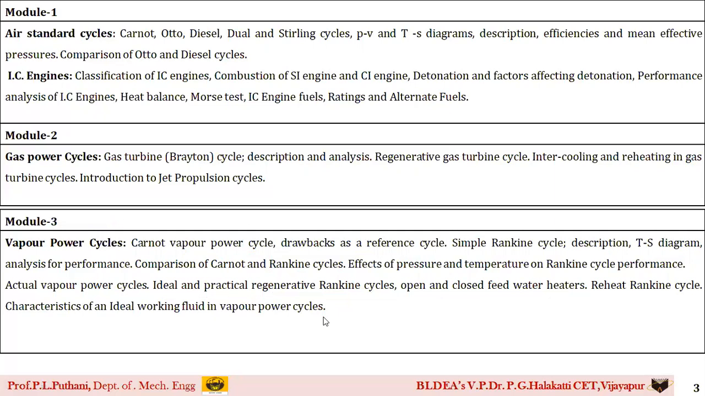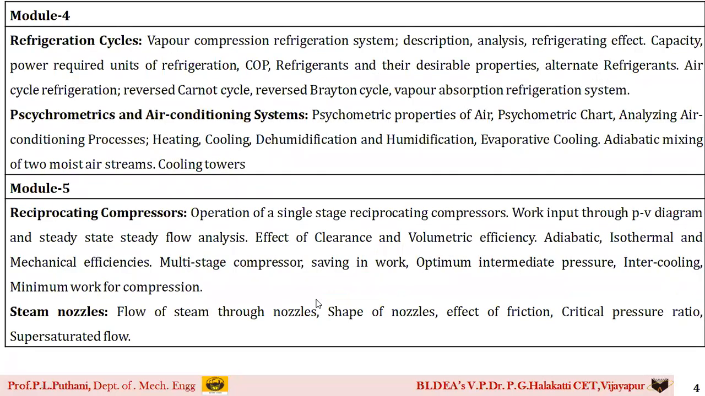Similarly, when we move towards module number 4, the first part is with respect to refrigeration cycles. As I said, we have learned refrigeration in the previous semesters. The same thing we'll be learning, but in detailed depth. So we have here the vapor compression refrigeration system. In this system, students, we will be learning its